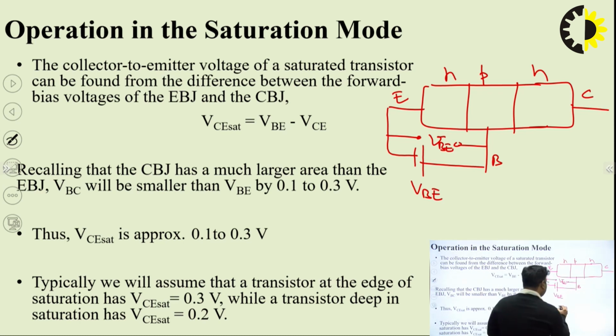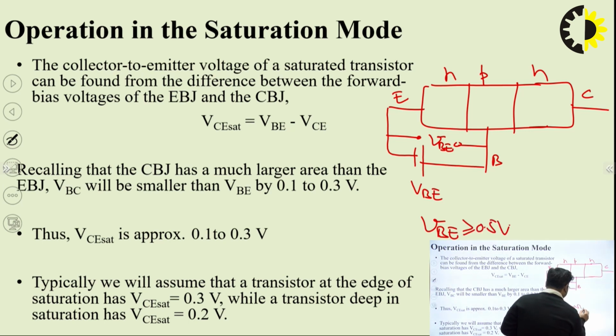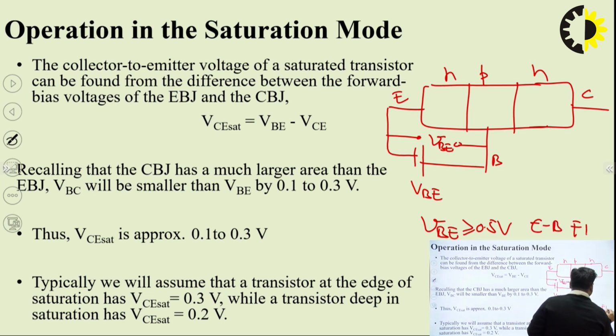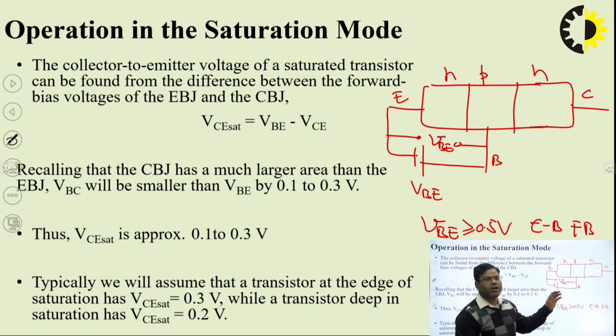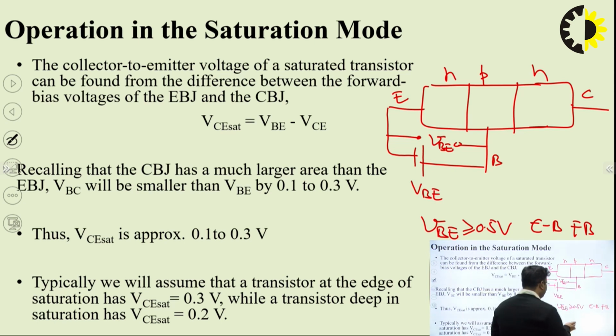If VBE is greater than or equal to 0.5 volt, then only the emitter base junction will be forward biased. Otherwise, it will not conduct. So, the first thing is we should have VBE greater than or equal to 0.5 volt, so that the transistor will